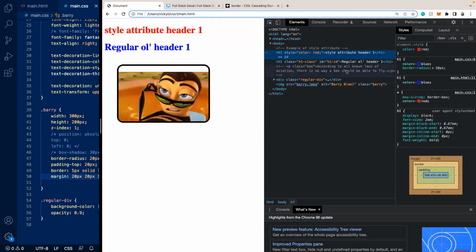Like if two things are too far apart, is it the first thing that is too far away or the second thing? That's kind of a dumb example, but it's small conflicts like those that developer tools can help you solve. And then on the right-hand side here, you can see styles,